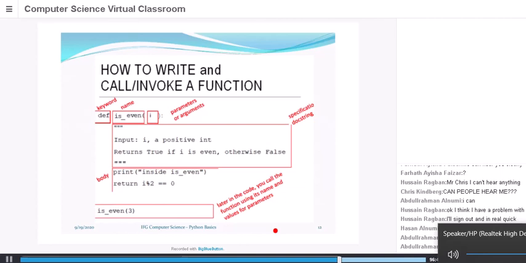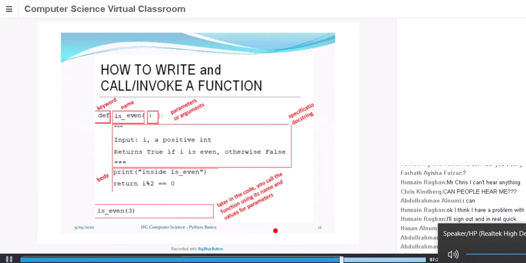So here we go. This is the main piece of this part of the presentation. This is how you write a function, and this is how you call or invoke a function. To invoke a function, all you do is write the function name and supply 0 or more parameters. Since it returns a value, you can assign that value to an appropriate variable. Have a look at this very simple